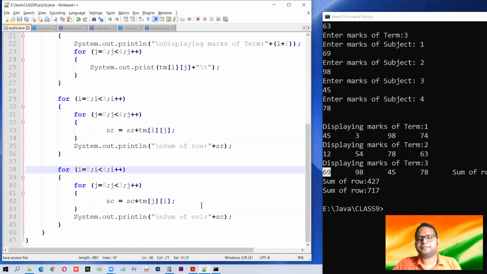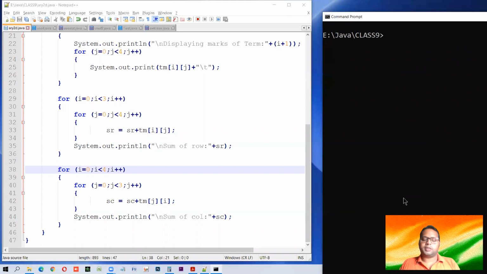Let us try column wise. Rest things are okay. Yes, maybe it seems complicated, but yes, I agree that this is a little more complicated than the other things that you have learned, but it's not that complicated. You just need to practice a little more.